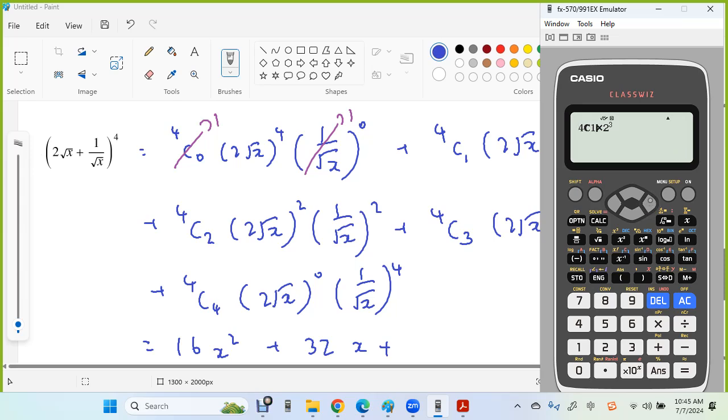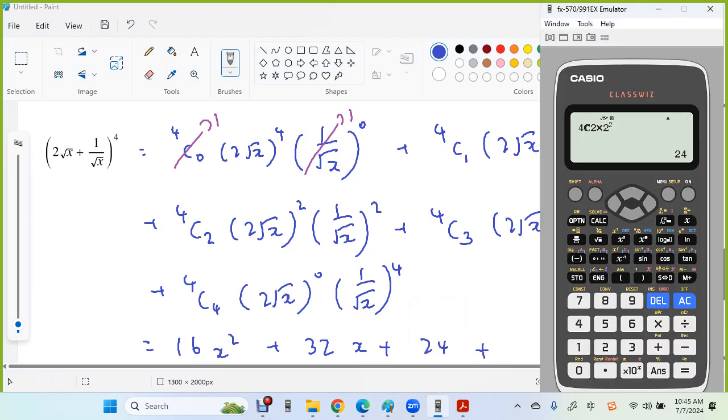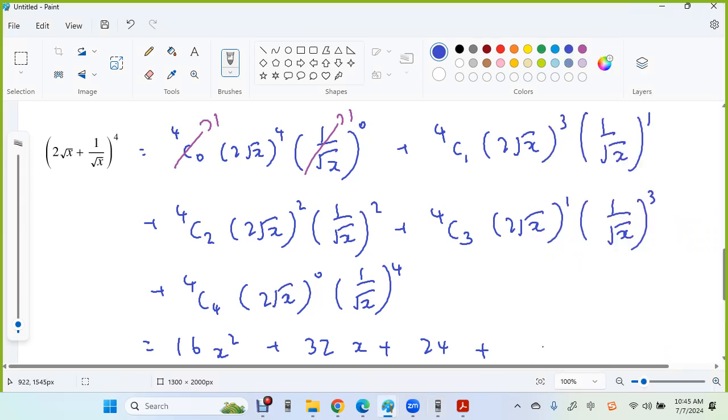And we have the 4c2 and then 2 squared, okay, then it's 24. So square root x squared cancels with square root x squared, then no x here. And 4c3 2 to the power 1, then it's 8